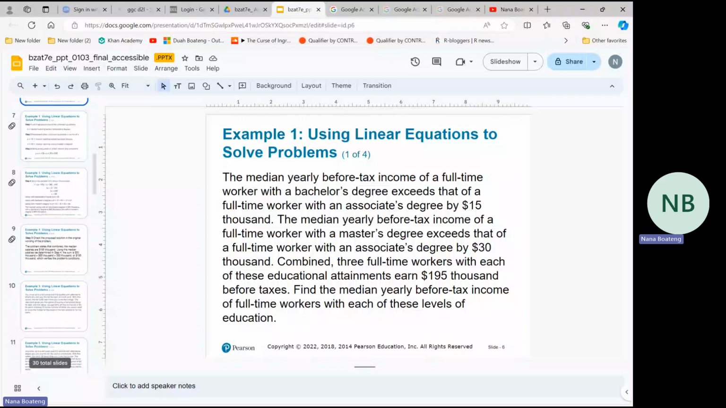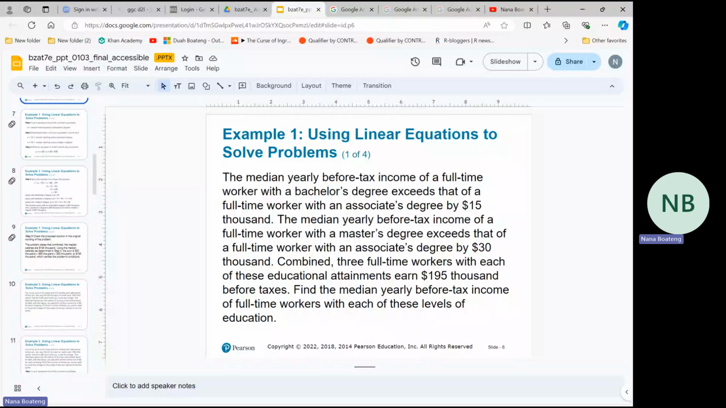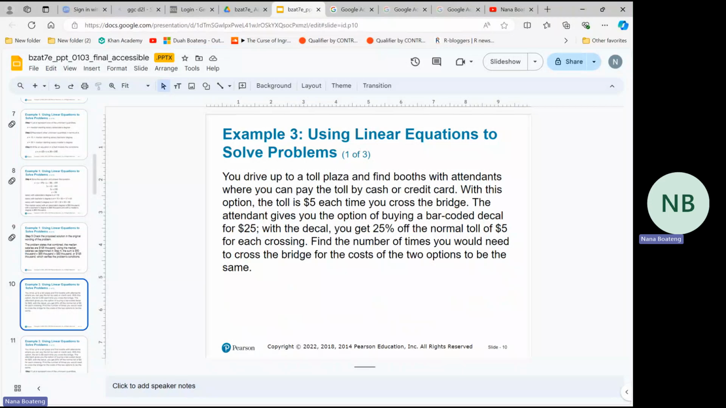All right, so let's move on to the next example. So the next example says you drive to a toll plaza and find booths with attendants where you can pay the toll by cash or credit. With this option,